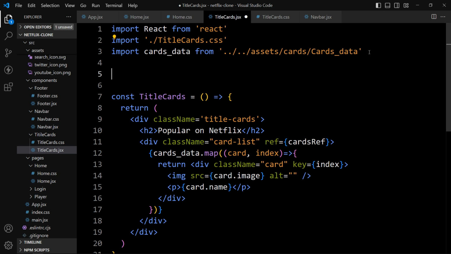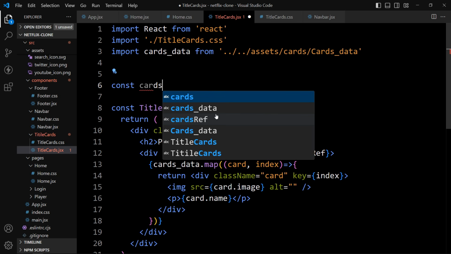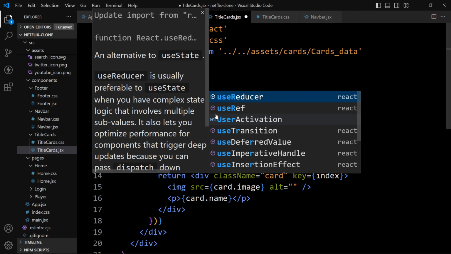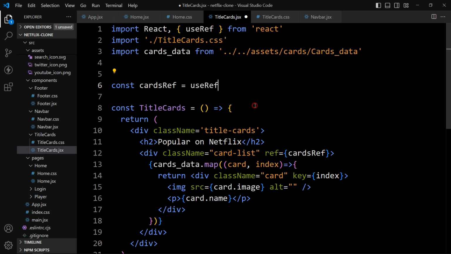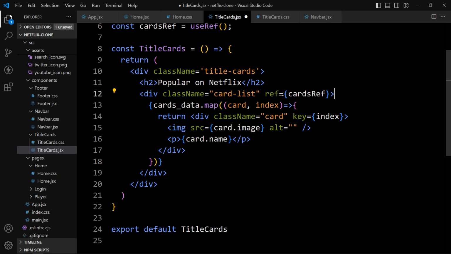So let's add const cardsRef is equal to useRef. Select it, so it will be imported from this React package. So useRef has been imported here, and here we have added useRef and const cardsRef, and we have linked this cardsRef in this card list. So we will get the reference of this element.